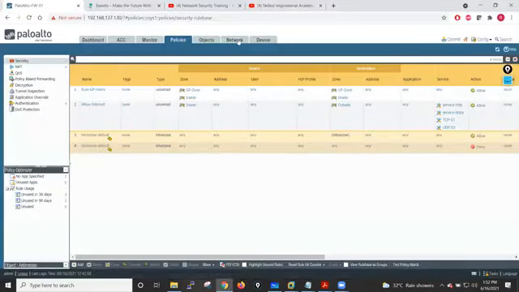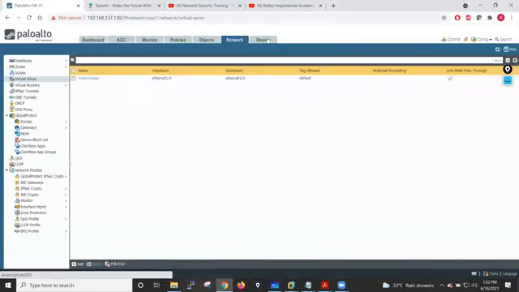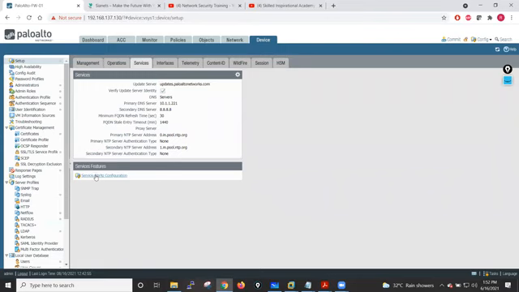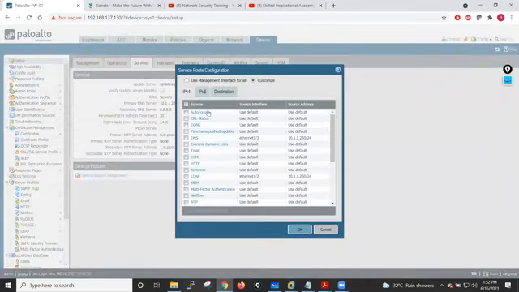Let me just show you. If you go into your Device tab, into Services, you will see the service route configuration. If you want to communicate with AutoFocus, it will use the default interface, which is the management interface. For Email and DNS, right now I have configured one service route. If my firewall wants to send a DNS request, it will forward it through Ethernet 1/2, and this is the IP address of my